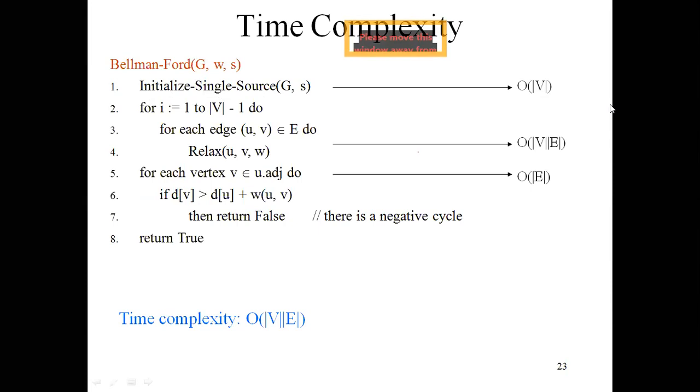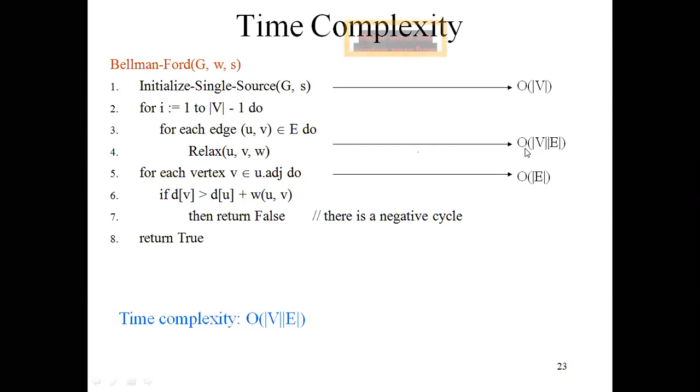That is why it is big O of modulus of V, that means the number of vertices in the graph. Now we are repeating this for loop V minus 1 times. So we are taking the number of edges, that is each and every edge